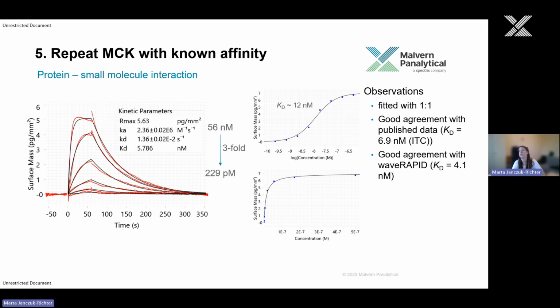We know we should go more or less tenfold higher with concentration and tenfold lower. So we can prepare a good concentration range. We know more or less what the on rate is. We know how much time we need for this compound to dissociate, and we can easily set up multicycle kinetics knowing all of this. With this multicycle kinetics, we can see that there is still good agreement with the published ITC data, but also good agreement between waveRAPID